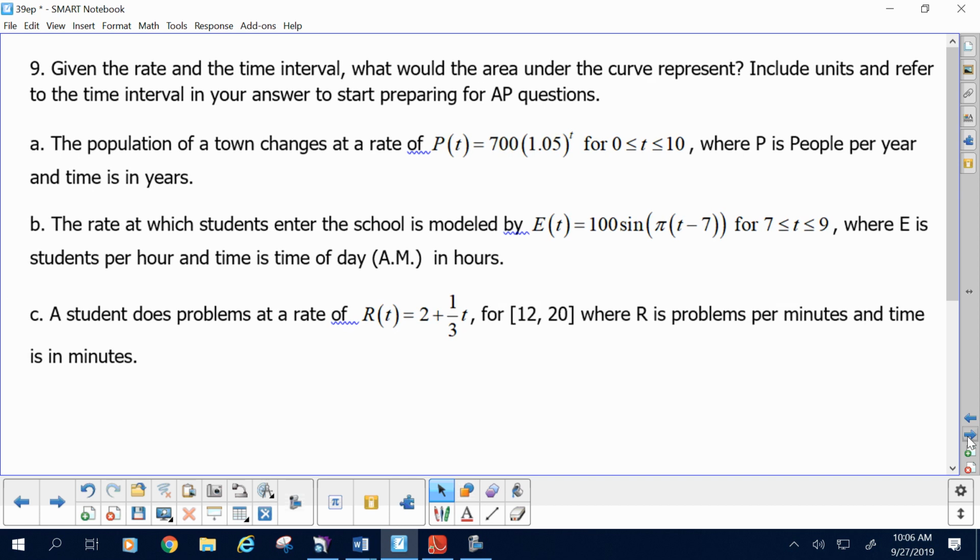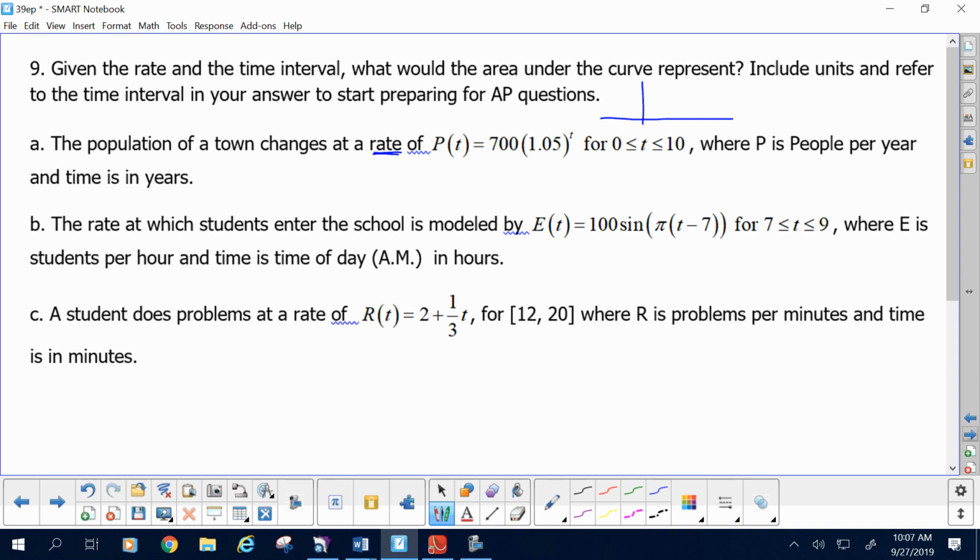In number 9, I'm giving you a rate, not a velocity necessarily, just some kind of rate. What would the area under the curve represent? Include units and refer to the time interval in your answer to start preparing for AP questions. So I'm saying something like this. When you do the area under this population curve, okay, the population of a town changes at a rate of P,